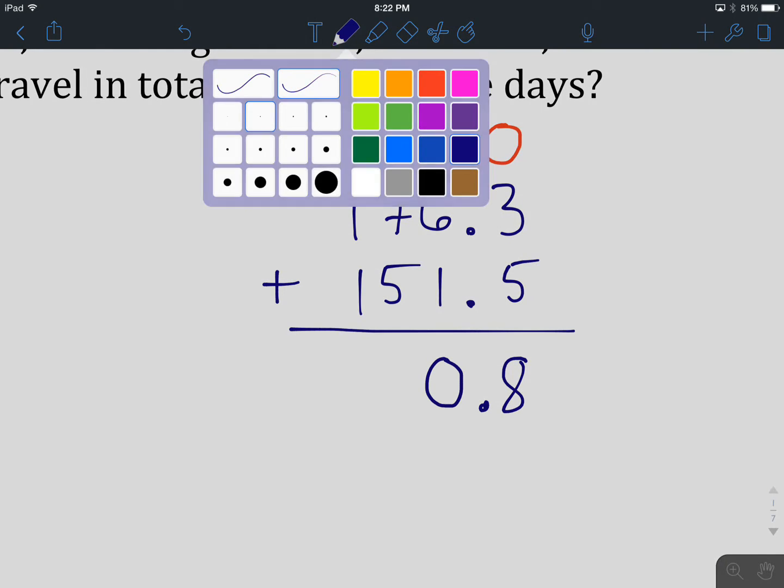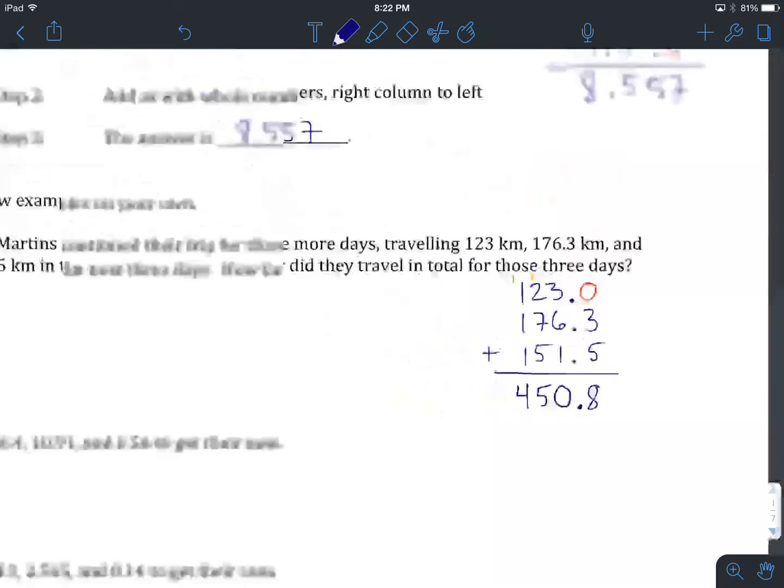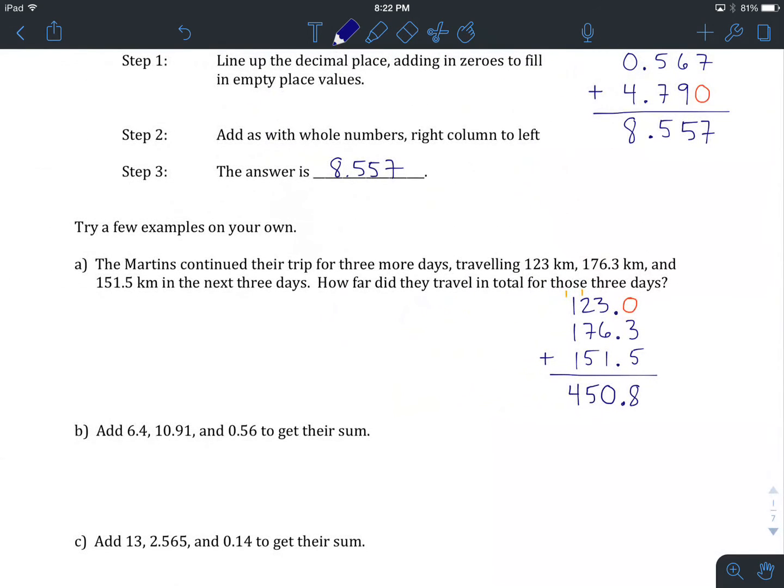Now we're going to add the tens column. So we have that 1 plus 2 is 3, plus 7 is 10, plus 5 is 15. And we are going to carry that 1 over to the hundreds place value. And that's the column we're going to add last. So we have that 1, 2, 3, and 4. So we have 450.8 kilometers. So for a word problem like this, we need to respond not only with a number, but also